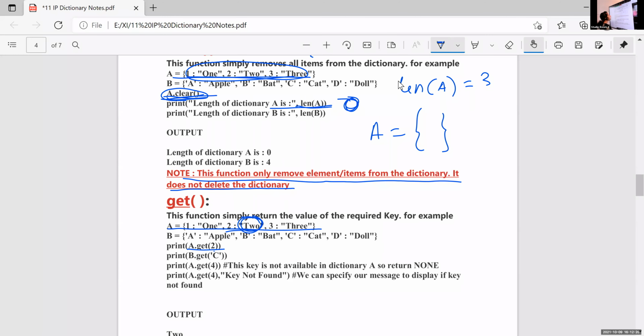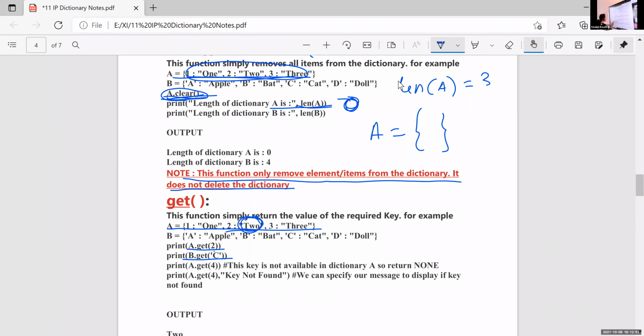Alan Joshi, what is B dot get C? Ma'am, batch. B dot get C. Ma'am, I don't know.